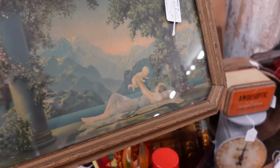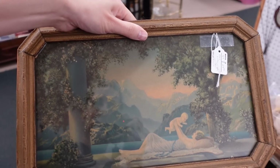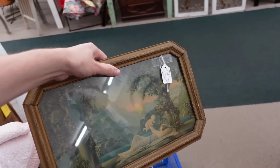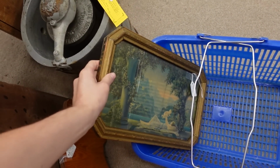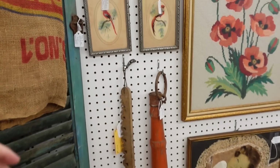Yeah, I'm looking over the quality here. Now this one is a little bit more faded than some I've seen. But again, the size is great, and I like the shape of it. It's just a really unique one. For $20, that's great. And I would sell this for about $50 most likely. So I'll put that right in there. It's beautiful. But while we're at it in this booth, let's see what else they have, because I see some